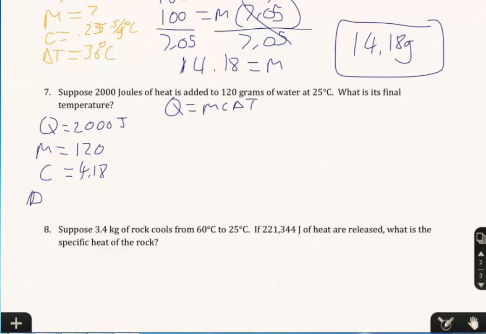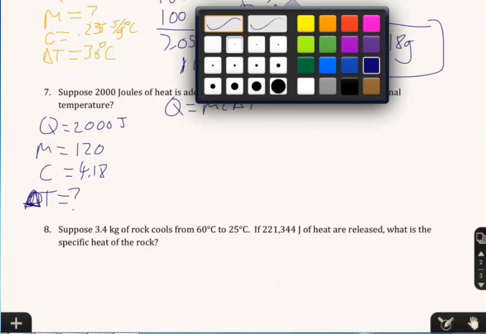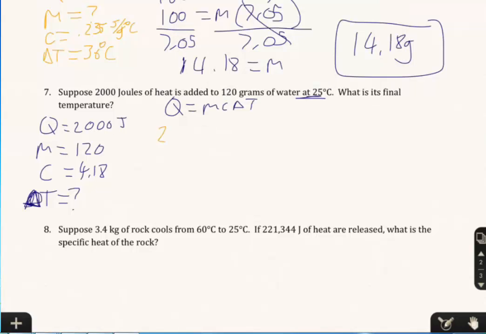Okay, this one's a little bit tricky because it doesn't ask for a temperature change, it asks for a final temperature. But we can figure this out, right? Because it tells us an initial temperature. Well, let's go through, use the equation. We're looking for delta T, and then we're going to have to go one step further. So if we take Q, 2,000, equals M, 120, times C, 4.18, times delta T,